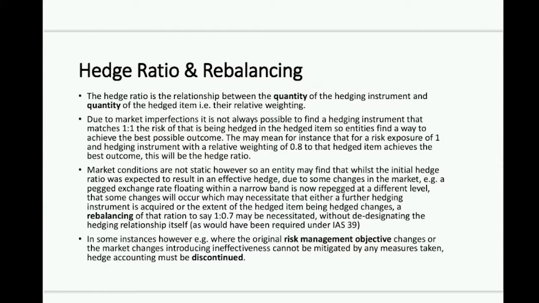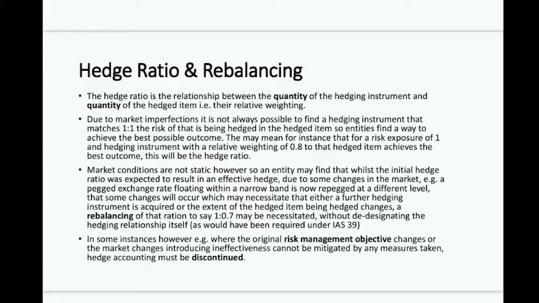So if I go back to my coffee bean example, I have grade B coffee beans that I'm in a forecast transaction to sell to a customer, and let's just call that 100 tons of grade B coffee beans. But in the marketplace, I can only hedge that out with a grade A coffee bean derivative, and I can do that by entering into a 100-ton derivative contract. So in terms of the nominal amounts, there are no issues there.